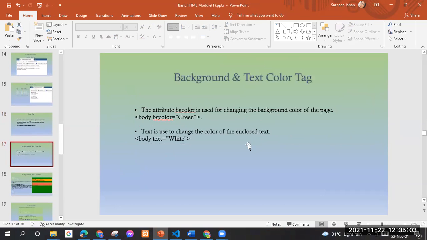Now we will go to the next topic, that is the background and text color tag. So this is actually